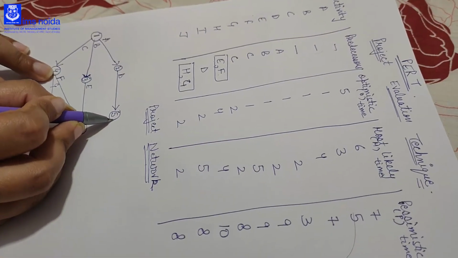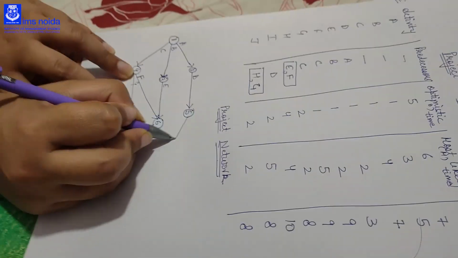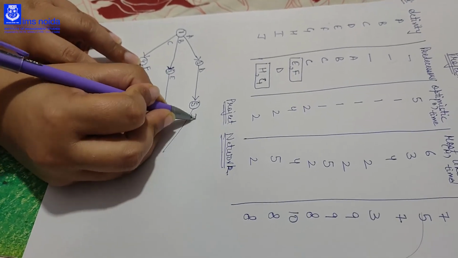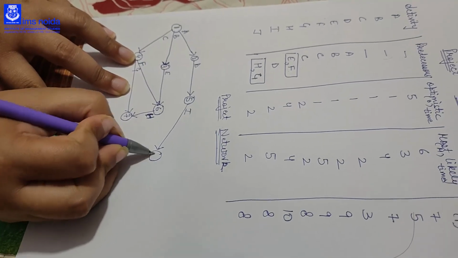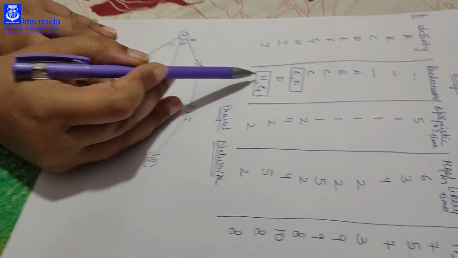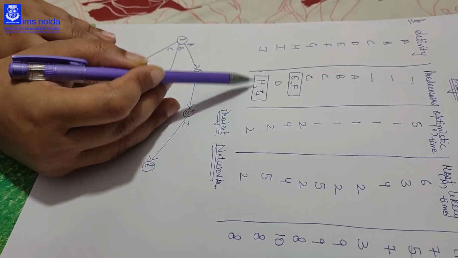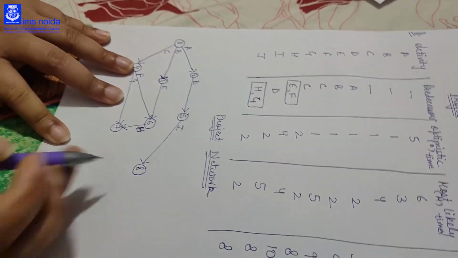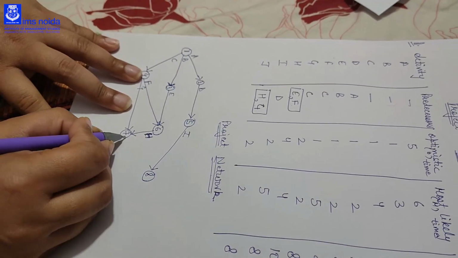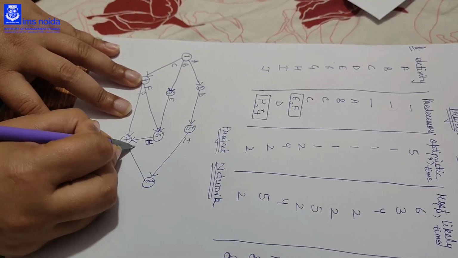I is starting with D, so on the node of D, which is 5, we will start I and give it node 8. J is starting with the combined node of H and G, and it has to be combined with the last node, that is 8. So it is J.